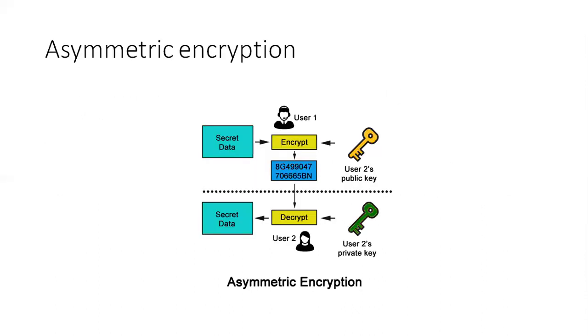So this is a diagrammatic representation of asymmetric key encryption. Here we have two different parts. The top half indicates the encryption process, and the second half indicates the decryption process. User 1 is the sender, and user 2 is the receiver. User 1 is involved in the encryption process, and user 2 is involved in the decryption process. Here we can see two different keys. User 1 uses the public key of user 2 to convert the plain text into encrypted format, whereas user 2 uses his private key to convert the text back into plain text.